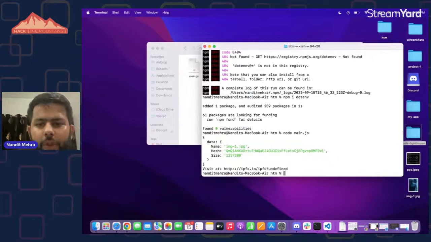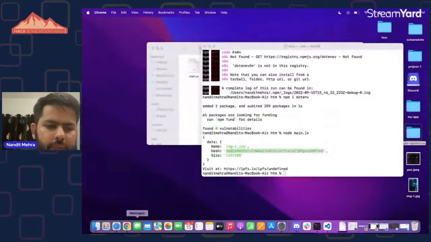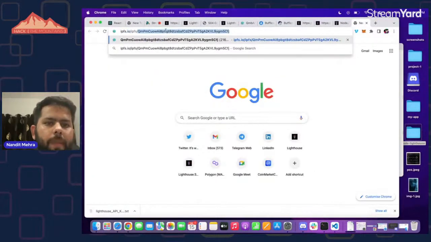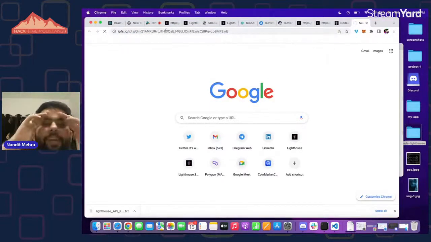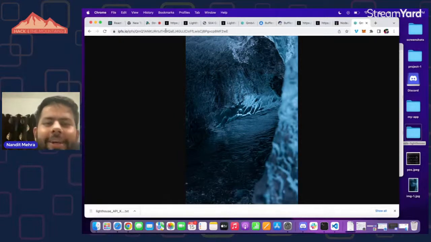Yeah, so the file just got uploaded to the distributed network, and I even got the hash of this file, so I can copy it and view it in my browser. Seems like I'm sweating a lot, but crazy. But yeah, the file is uploaded on the distributed network. Now you can use it for even your NFTs, store your NFTs, and use this image as the file to that NFT. Or you can even build a private storage data app or any other application.